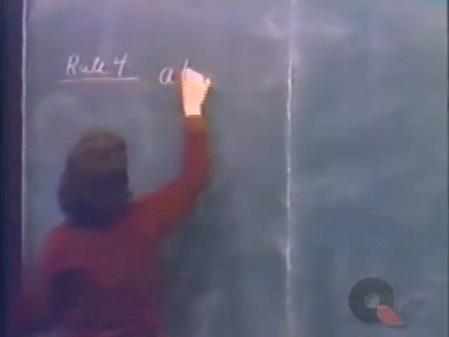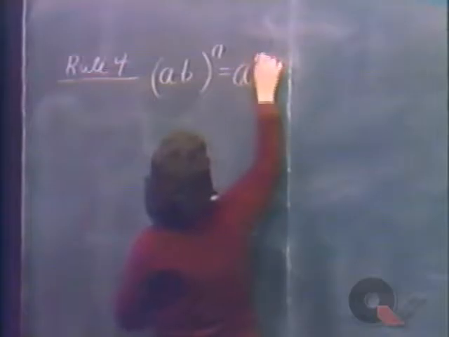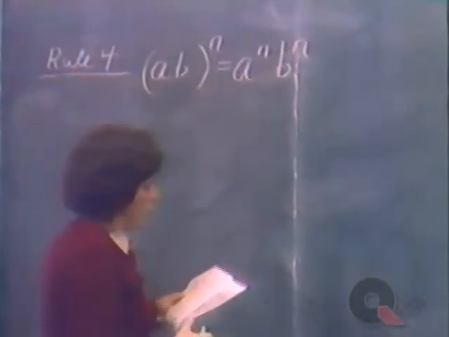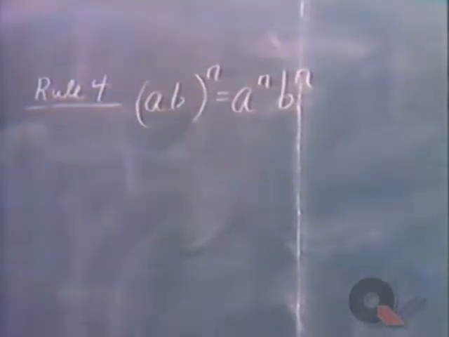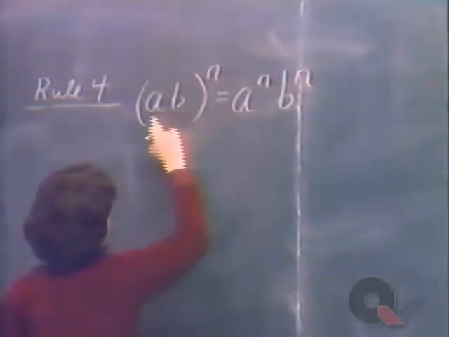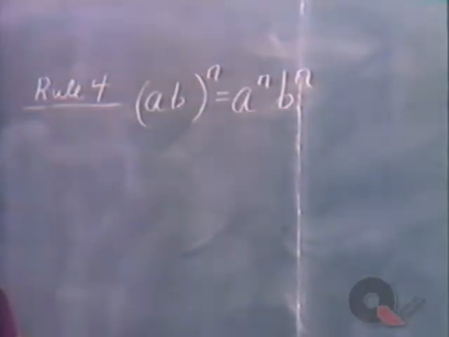Okay, now rule 4. ab to the nth power is a to the n times b to the n. Okay. A product to a power. You take each of the factors to the power. Okay, for example,